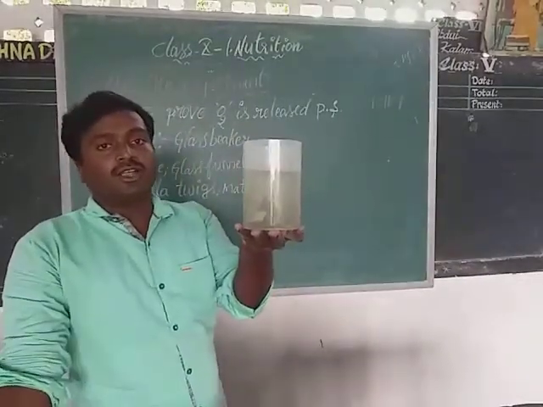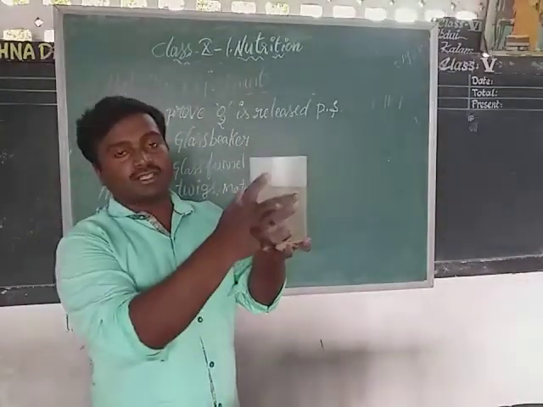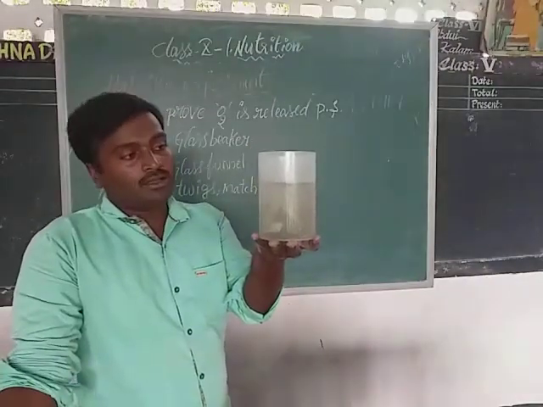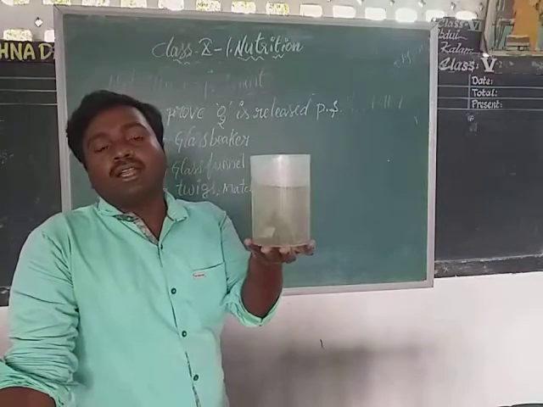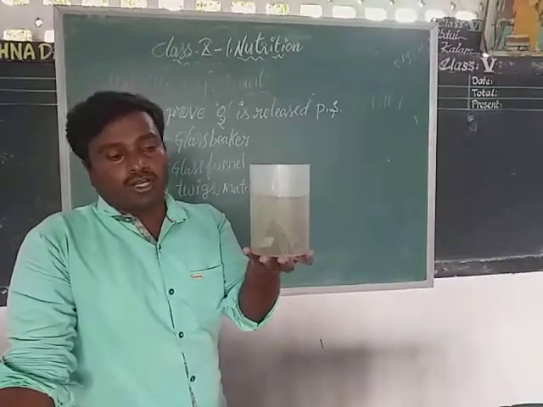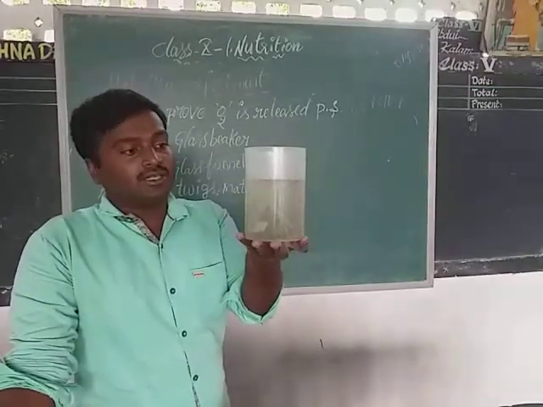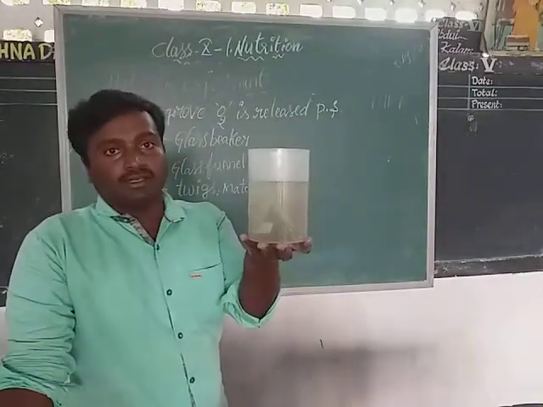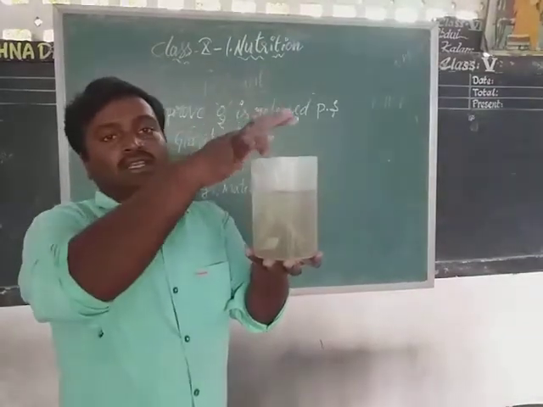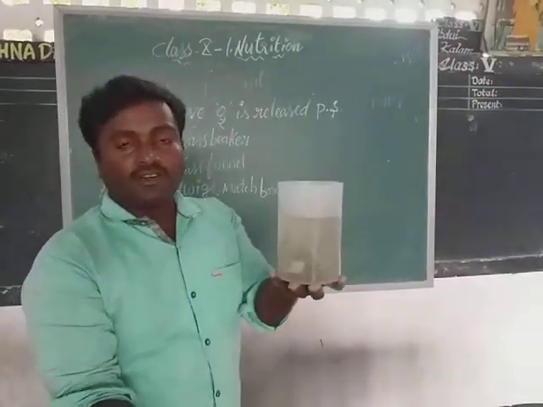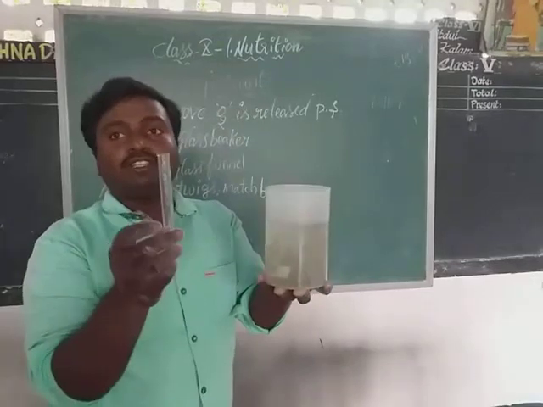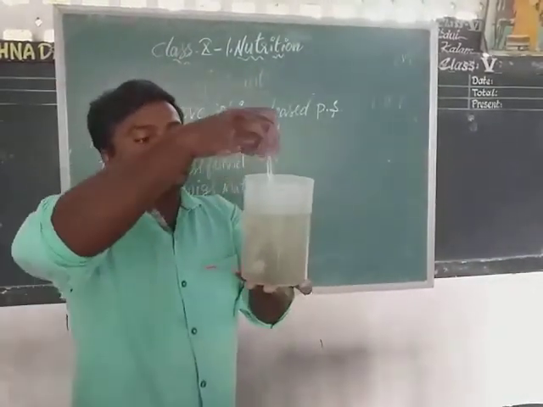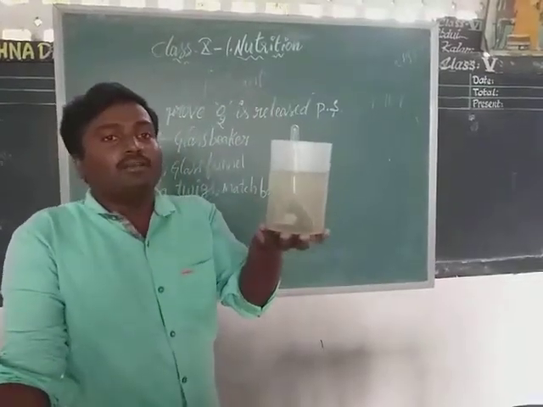Let us look at this arrangement. This is the large glass beaker. Inside of that I filled in the water. 3/4 of the glass beaker should be filled with water. Next, inside of this glass beaker we already have Hydrilla twigs. Next, the glass funnel. Next, take a test tube. Fill it full of water. I already filled it with water, and carefully insert it over the surface of that funnel.